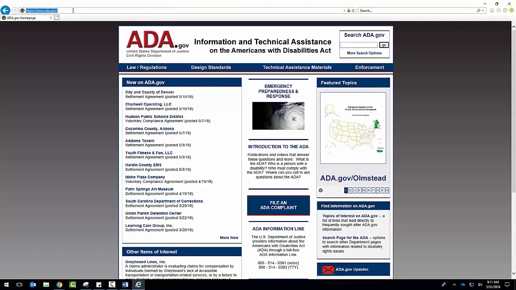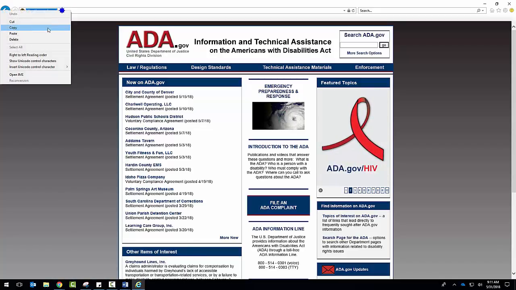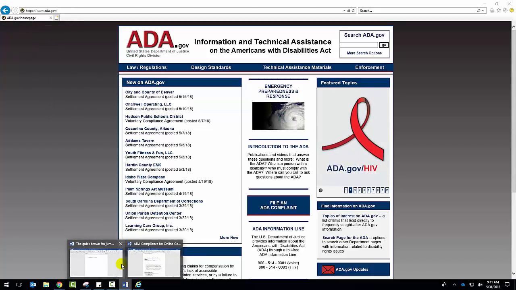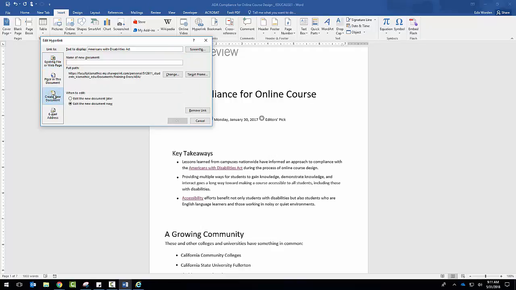And I can select this right here. I can do it one of two ways. I can either grab this and copy it, or I can go into the Word document and it shows up right here automatically for me. If you go to a web page and you just want to copy and paste it, you can just copy and paste it in here without having to do the search like I just did. I can also create a new document that's going to also be hyperlinked to, or I can hyperlink to an